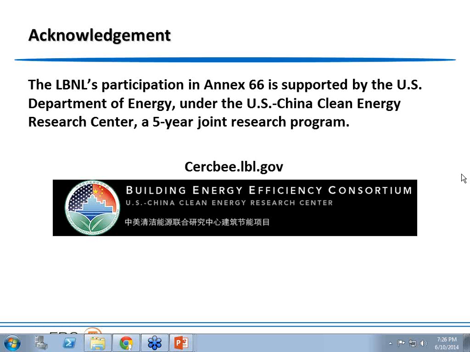So is your focus going to be on two building types, residential and office buildings? And what do you envision as the end product? Like, do you envision a library of